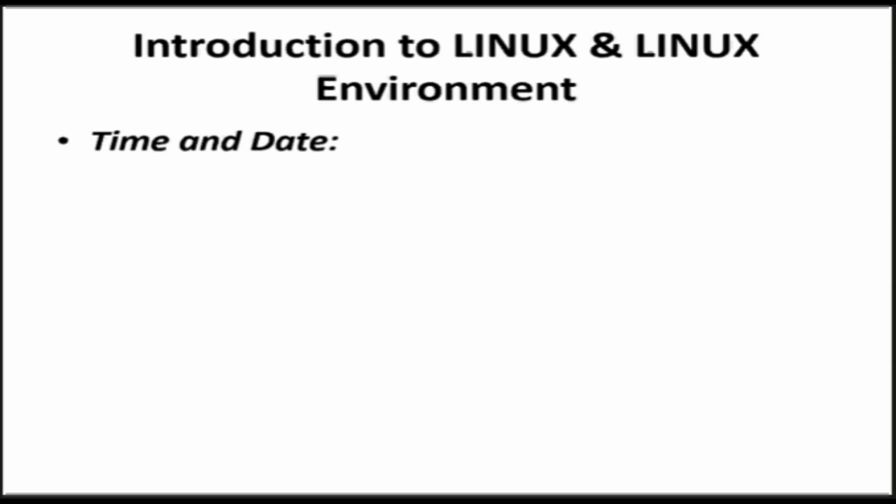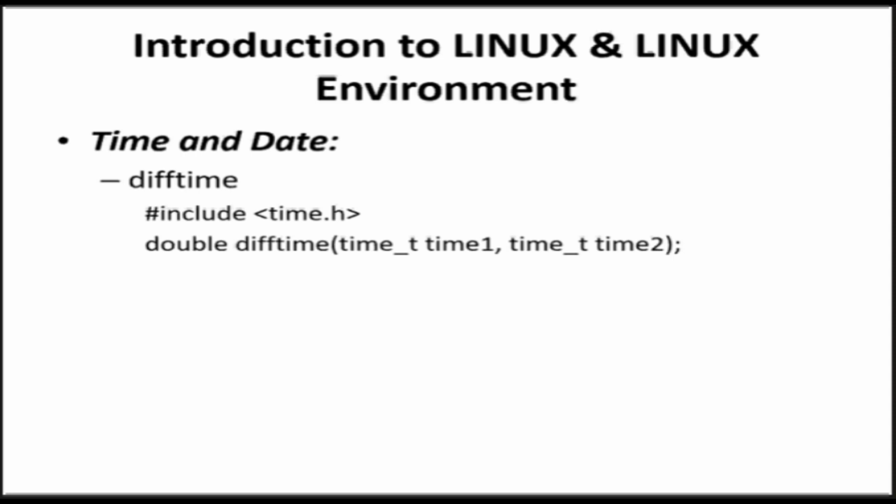So they invented a function called difftime, which will calculate the difference between the two time_t values and return it as a double. The syntax of difftime is shown on the screen with 2 parameters time1 and time2, and the function calculates the difference between 2 time values and returns the equivalent of time1 minus time2 as a floating point number. For Linux, the return value from time is a number of seconds and can be manipulated, but for the ultimate in portability you can use difftime.